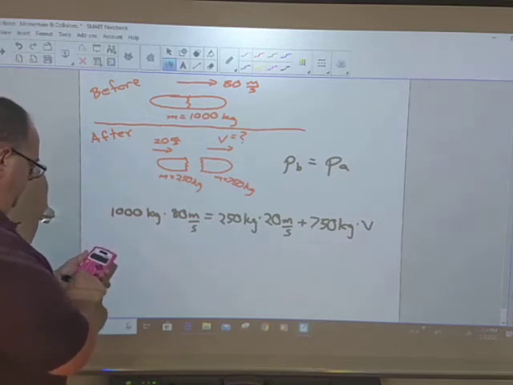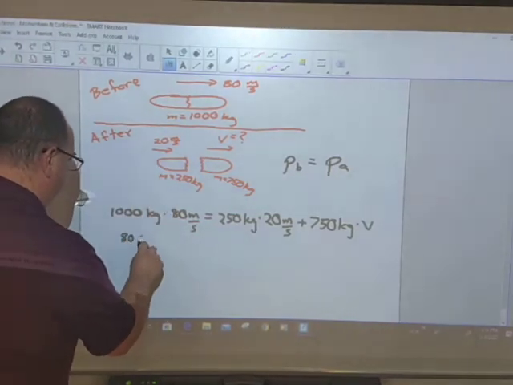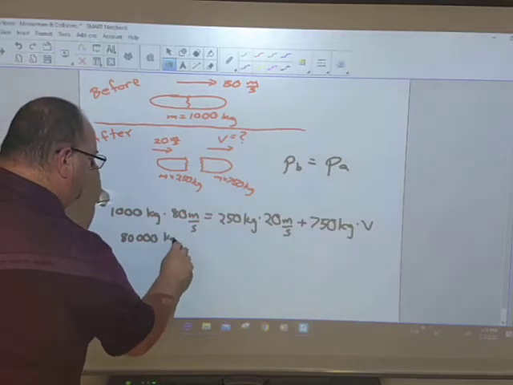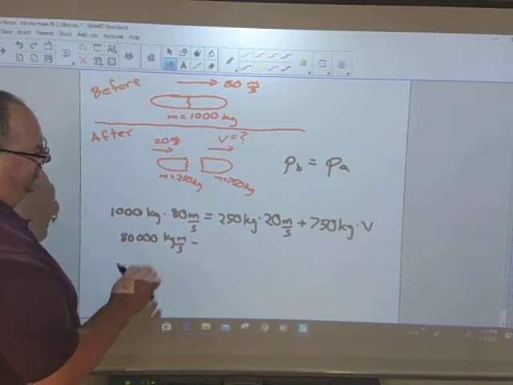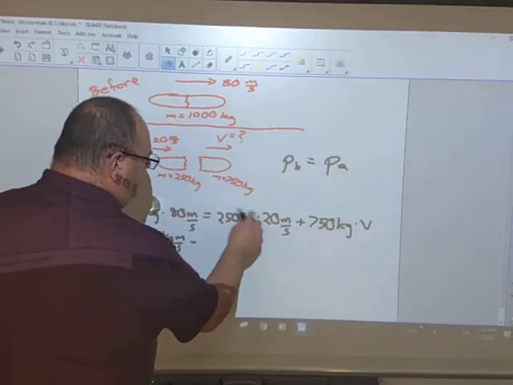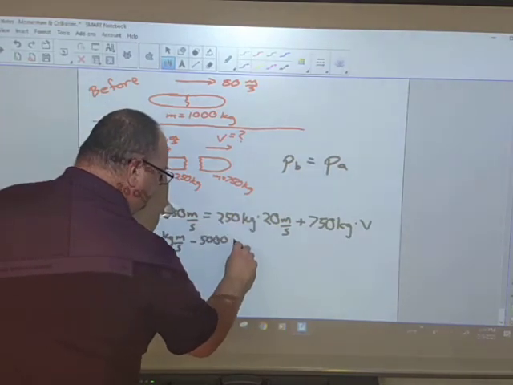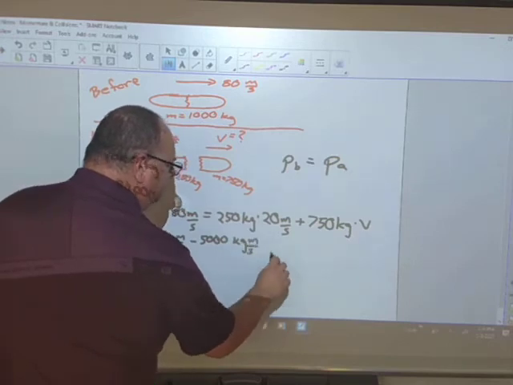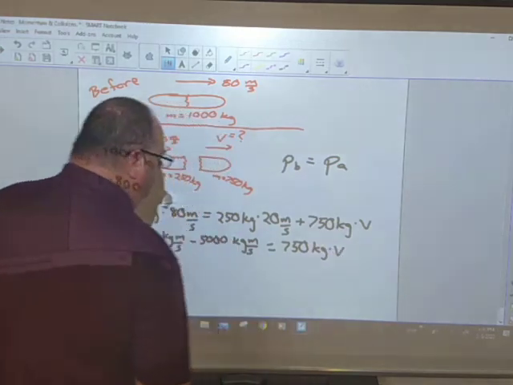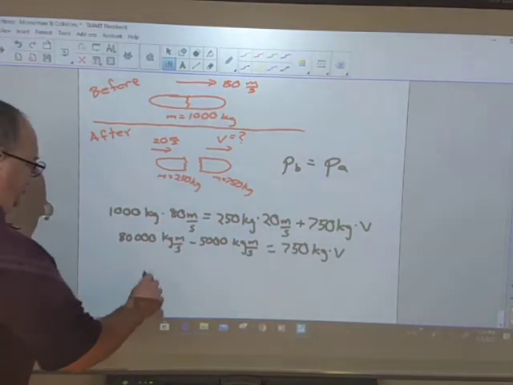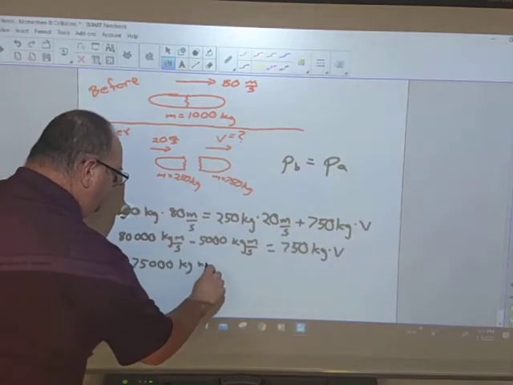1,000 times 80. Duh, that's 80,000 kilogram meters per second minus 250 times 20. Okay, I can do this. 250 times 2 is 500. 500 times 10 is 5,000. All right, so I subtract over here. I've got 75,000 kilogram meters per second